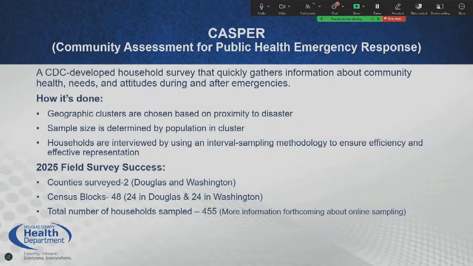I just want to mention this really quickly. Last year, after the Arbor Day tornado, we did the Community Assessment for Public Health Emergency Preparedness, the CASPER. It's a rapid needs assessment. The purpose of it is to be boots on the ground and collect household level data about what folks need during a disaster. What we wanted to do is come back a year later and see how the recovery was